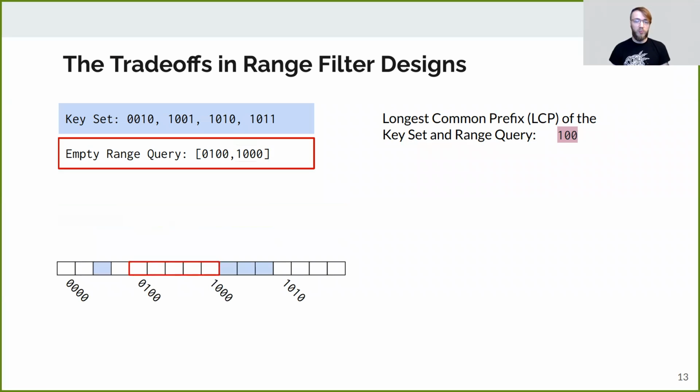However, if we use a prefix length of 4, this is no longer the case, and the query will return negative unless one of the individual queries returns a false positive. This also illustrates how longer prefixes will result in a false positive rate that is more sensitive to range size, as more prefix queries will be required to cover any given range.